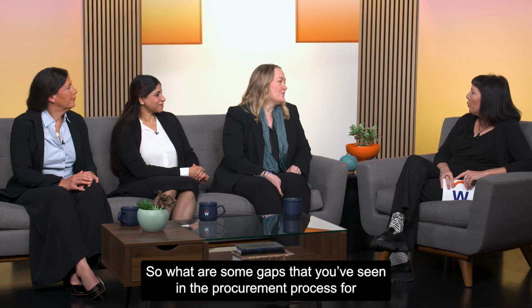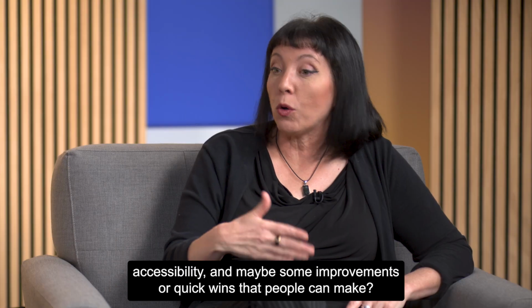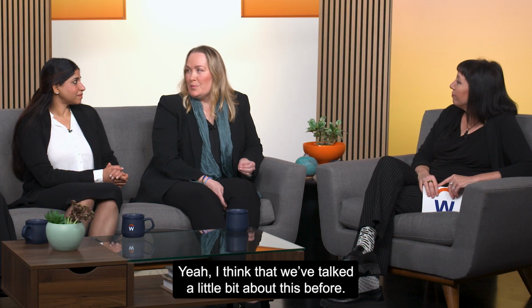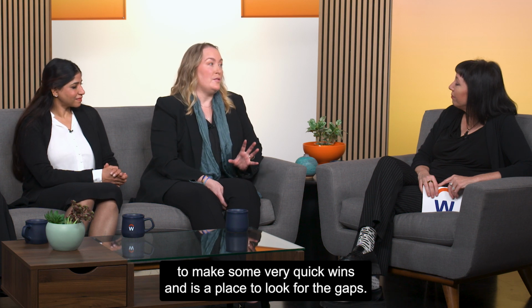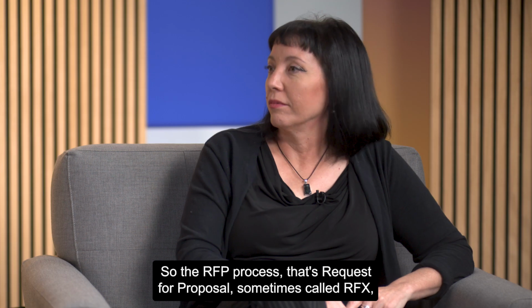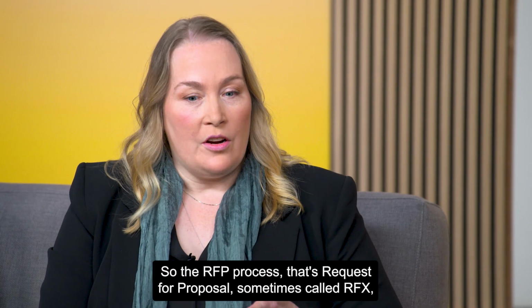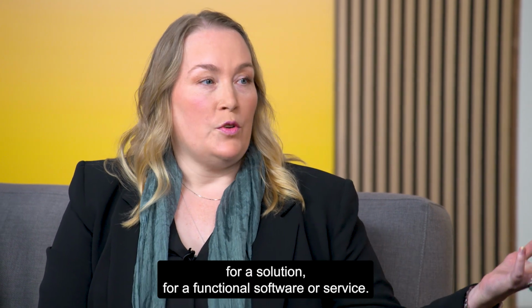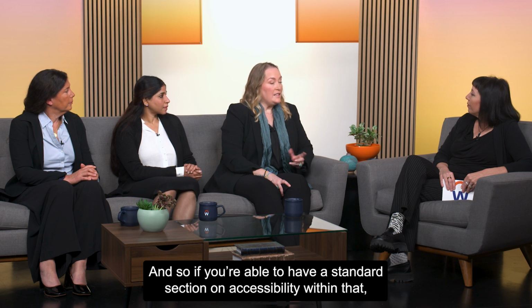Great point. So what are some gaps that you've seen in the procurement process for accessibility and maybe some improvements or quick wins that people can make? Yeah, I think that we've talked a little bit about this before. The procurement process is really a way to make some very quick wins and is a place to look for the gaps. So the RFP process, a request for proposal, sometimes called RFX, is a process by which you might get bids from different organizations for a solution, for a functional software or service. And so